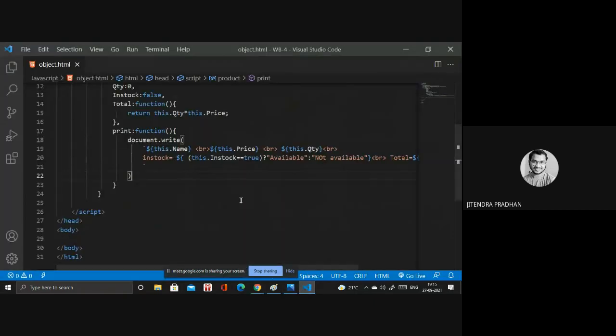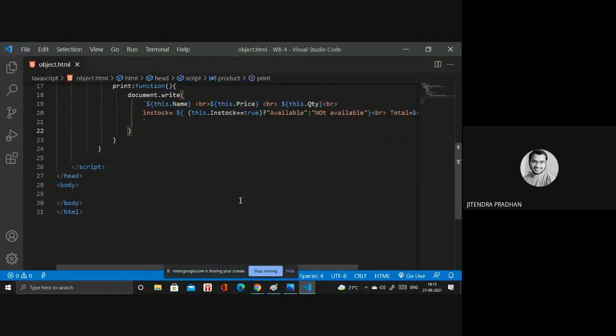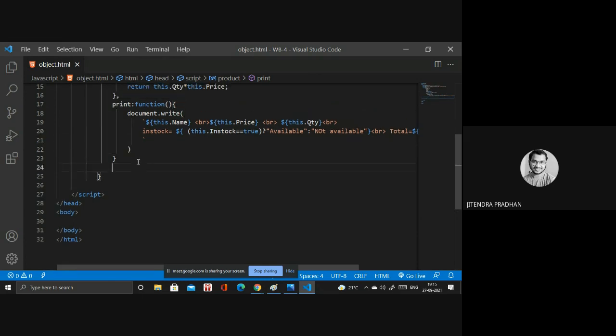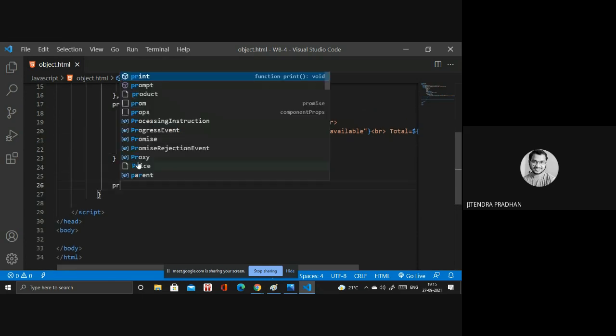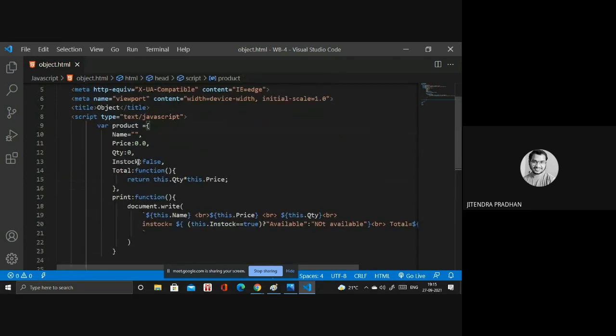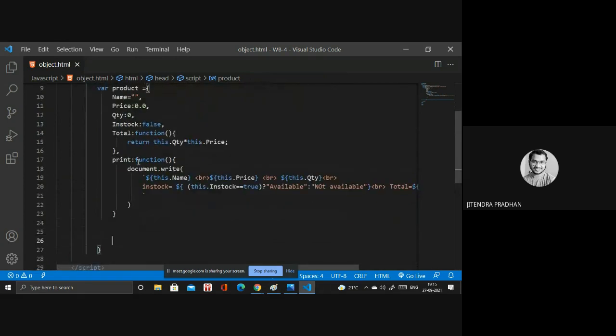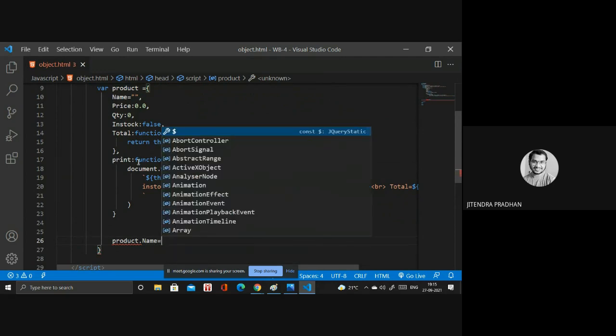Yeah. Okay. So next we have to access the value, meaning the customer needs to enter whatever value we have. So I need to do that. First thing, we have to do it that way. First one we have product dot name, right? Oh, product, yeah. Product dot name. I want to access that name.